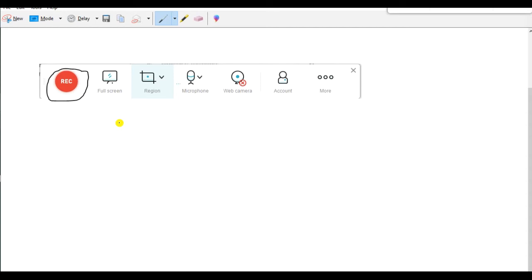Suppose you're going to make a PowerPoint and take a class with it, then if the PowerPoint is in slideshow mode, you can just click on the start recording button and go for it. Otherwise you have to go for the option called region. We're going to click on the region. It will allow you to choose a particular region of your computer which you will be able to record. So if you want to record a particular region, that will be the region button.